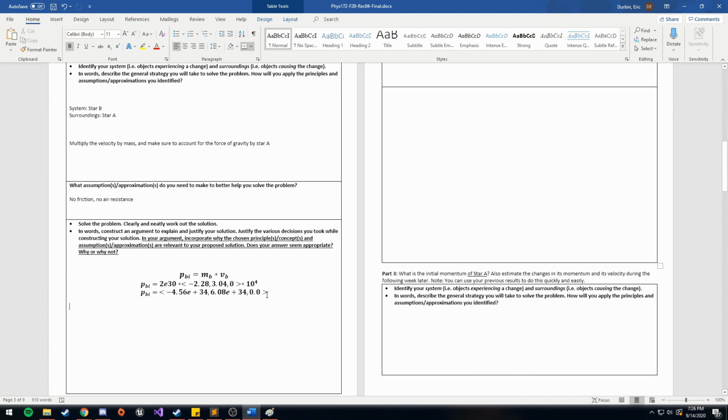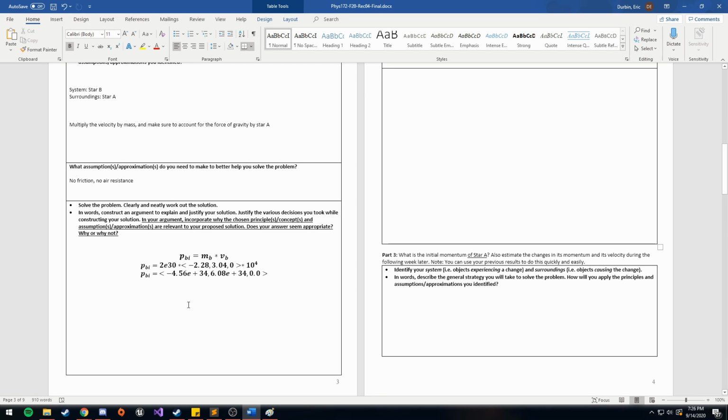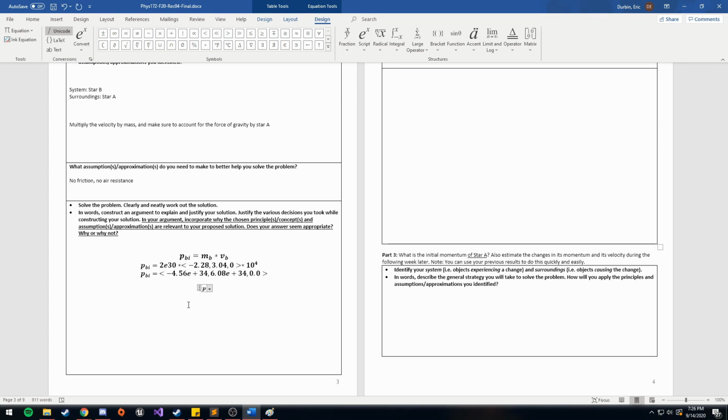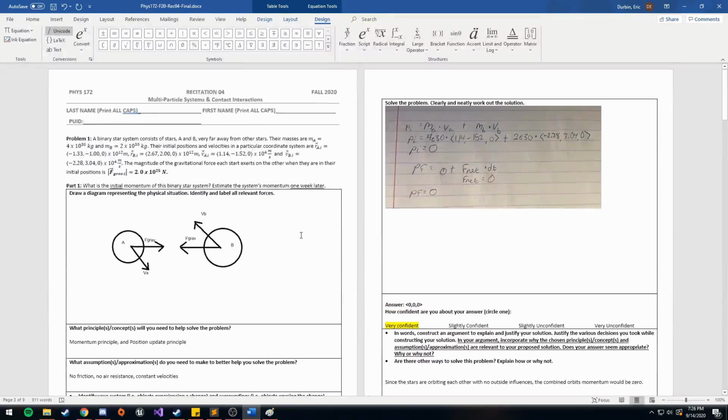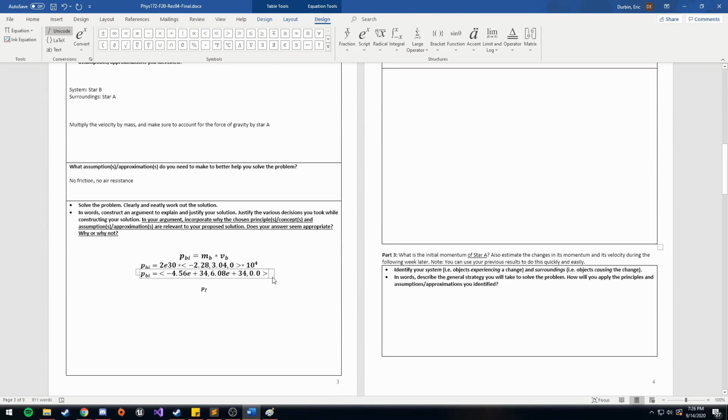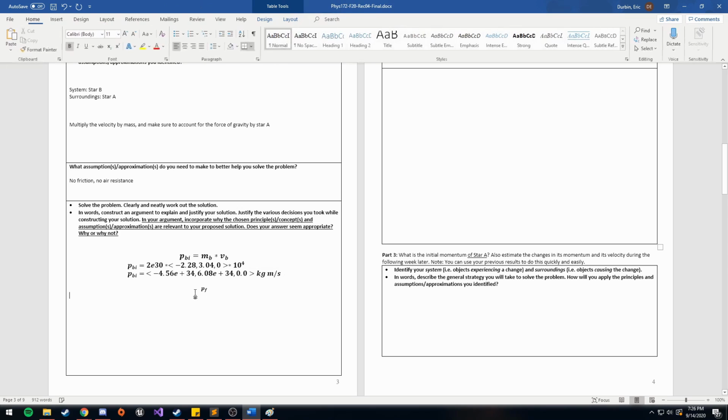That's the initial momentum, and then a week later would be P of... Oh, don't forget units. What's the units for momentum? Newtons... kilograms meters per second, right? Kilogram meters per second, yeah. Okay. That would equal plus... and don't forget to multiply by